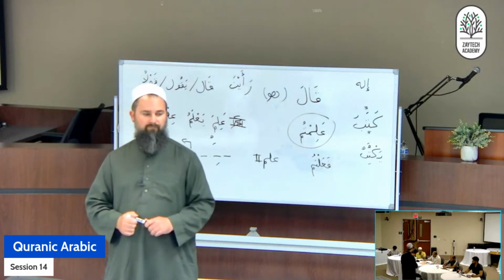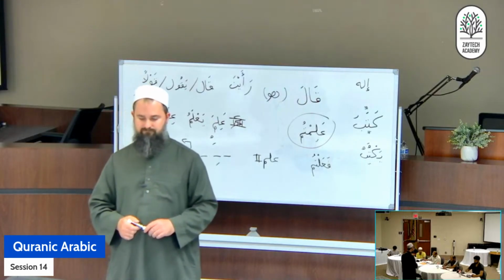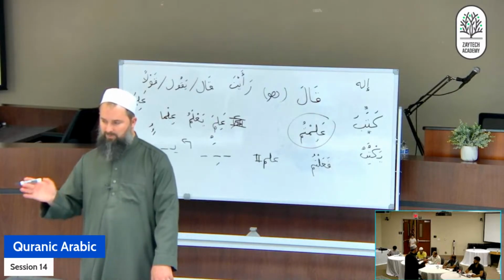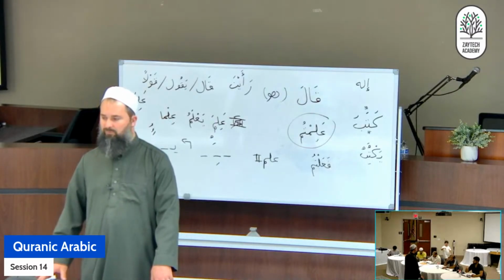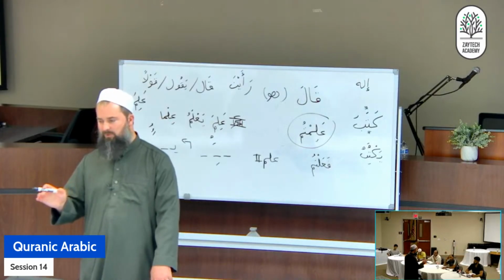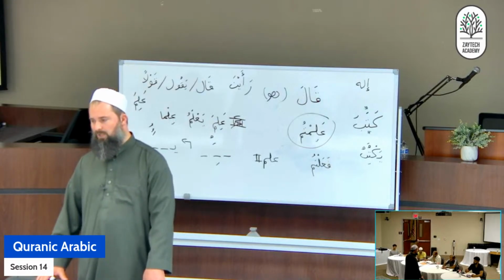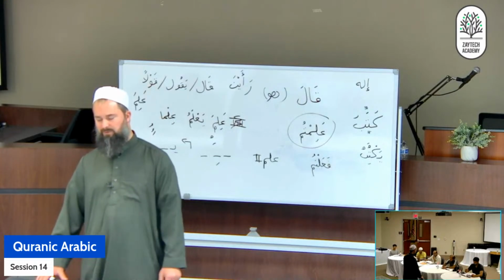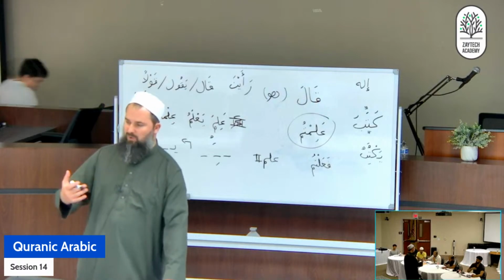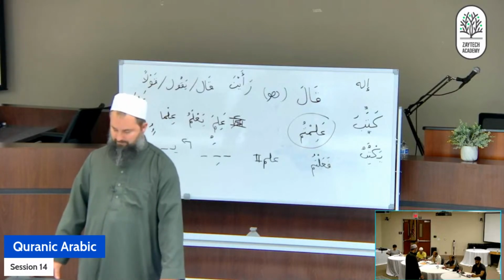Na is added, so the noon makes it feminine plural, they. Wait, so the ending nahu, like akbarnahu, is for three or more females, specifically females. And if there were three or more females and one male, then it would have to change. Then is hunna also three? Yeah, but that means their. That's not part of the verb. That's aydihunna, that's saying their, an attached pronoun for saying that it belongs to them, as opposed to an attached pronoun that is used with a verb.